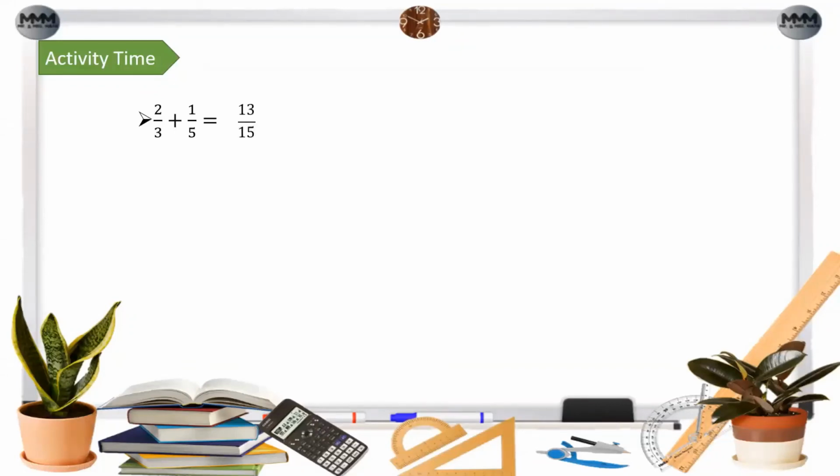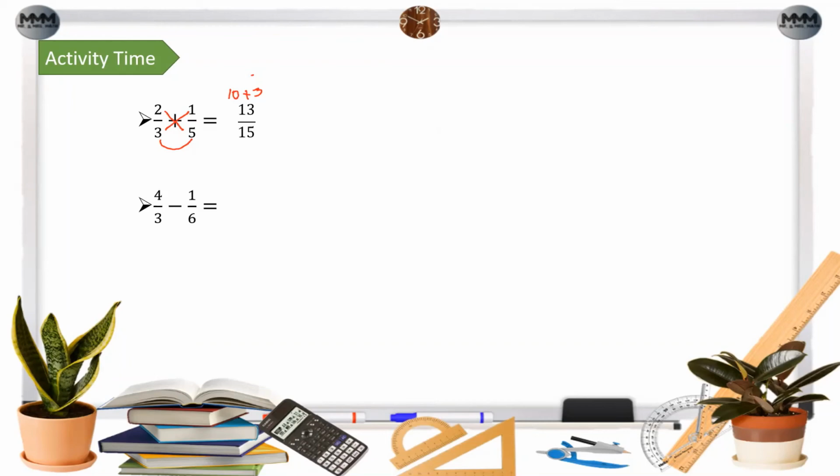So the answer is 13 over 15. So by using the process discussed a while ago, to get the denominator of your answer, we multiply this one, so it is 15. And then this one is 10 plus the product of this is 3. So that's why we have 13 over 15. So the next is